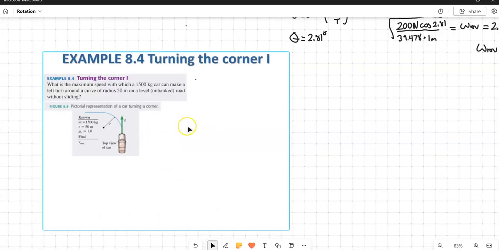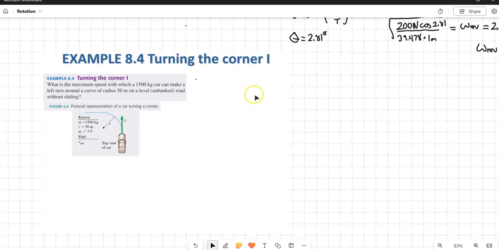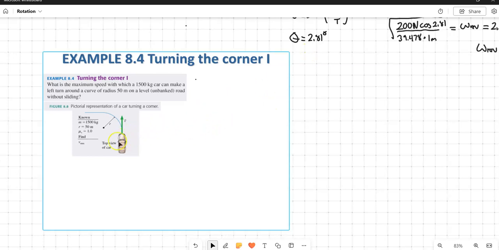And this problem is really similar to the person spinning the ball problem in the very first part without an angle. But this is a car turning a corner, and they want to know what the maximum speed is that a 1,500 kilogram car can make turning left on a curved road with a radius of 50 meters on a level unbanked road without sliding. Okay,